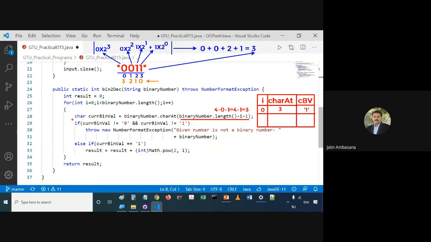So now in this case, what happens? Is this true? No, that's not true. Basically, we have character 1 with us. So this condition does not evaluate to true, and that's why the control does not go inside the if statement. It goes to the else if part. Here we simply check if the current bin value is equal to 1, then what we have to do is, check this out. We have to say result equal to, what is the value of result right now? Result's value is 0. So we say result equals result plus